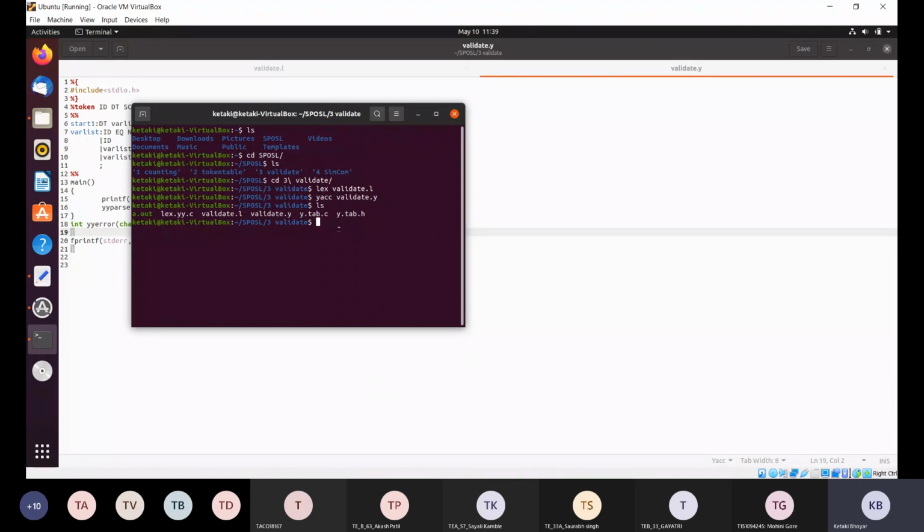Okay, so all these files are generated. Now we have to compile both the C files using the cc compiler. Okay, cc lex.yy.c and y.tab.c.